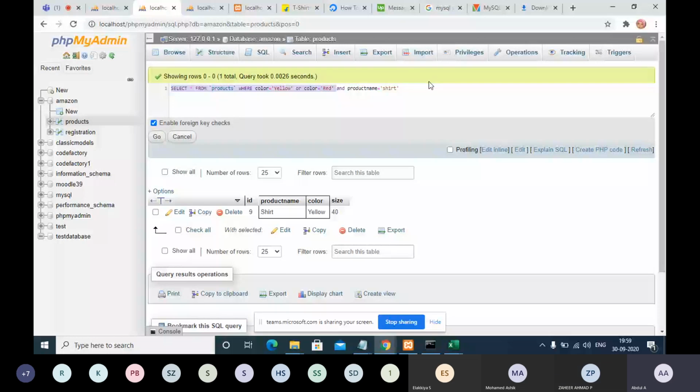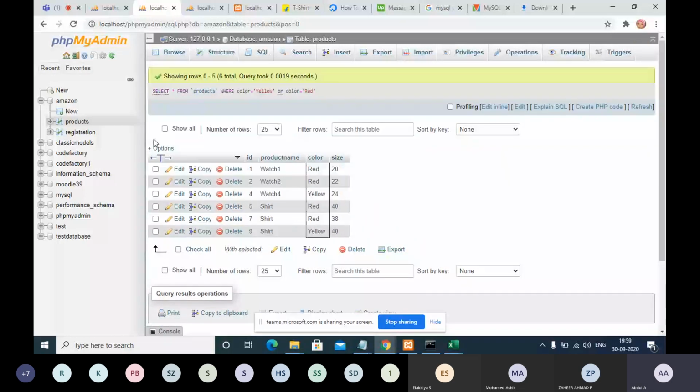I'm giving color yellow or red. So whatever records are available with both colors will be displayed. All the red colors are coming, all the yellow colors are coming, but not about the products, because we have applied the condition only on the color, not on the product.